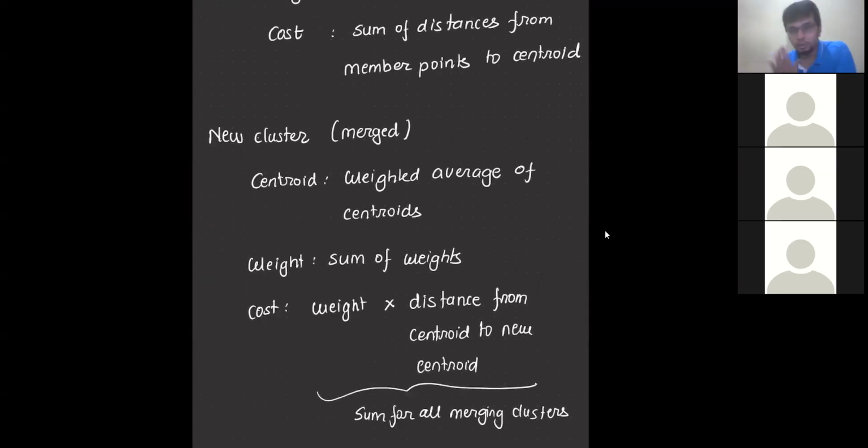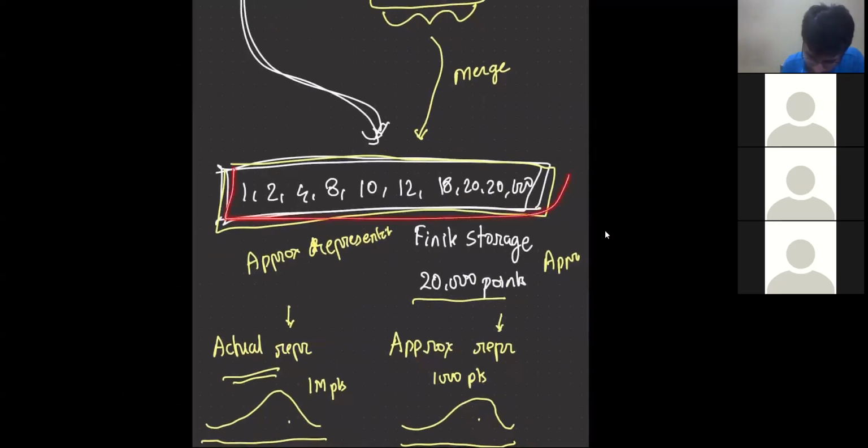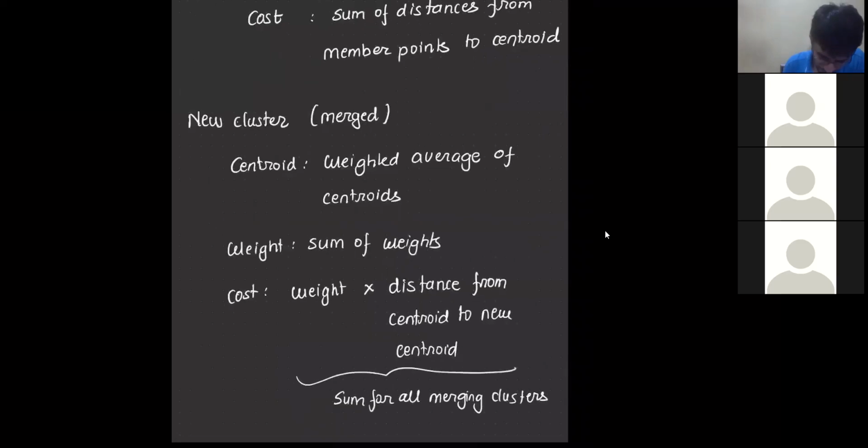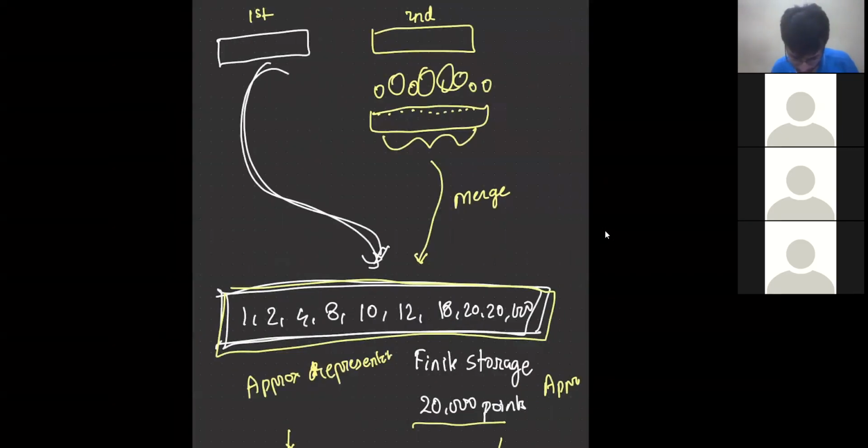Now when we merge two clusters, the data that we store over here would be the centroid. Let's say you have two data points which are very near to each other. You got the first batch and stored it here, then you got the second batch. Now you can apply a very similar logic of clustering and merging as we did before on this data, so that you get a very accurate representation of it.